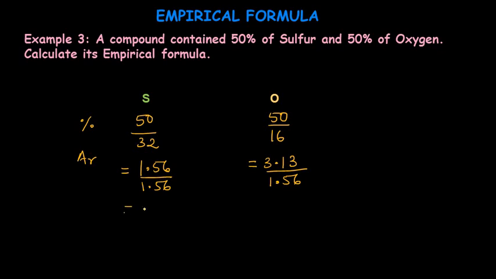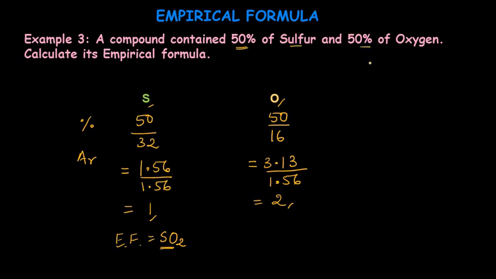Now here we get the answer 1 and here we get the answer 2. So in this case sulfur is 1 and oxygen is 2. So our empirical formula is SO2. So this is how we get the empirical formula if we know the percentage by mass of each element